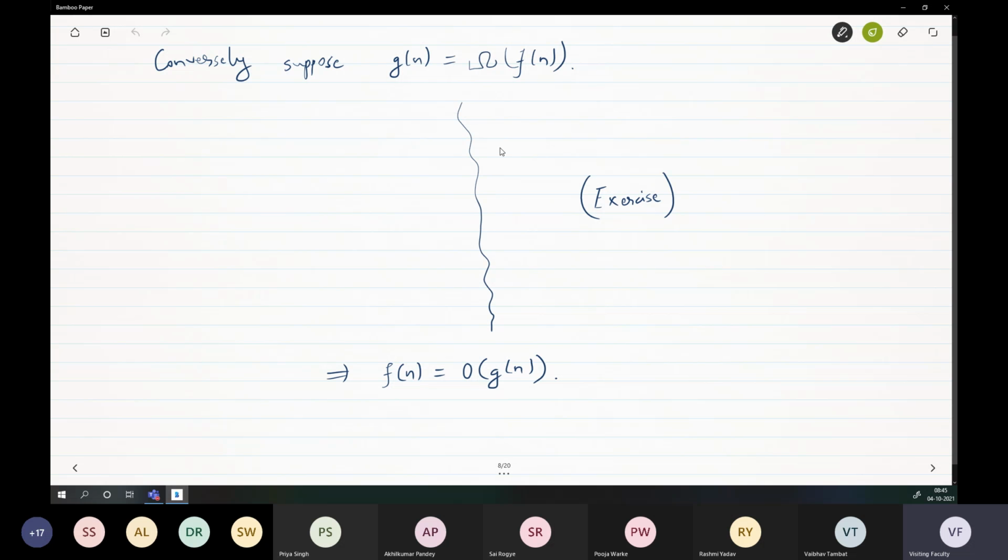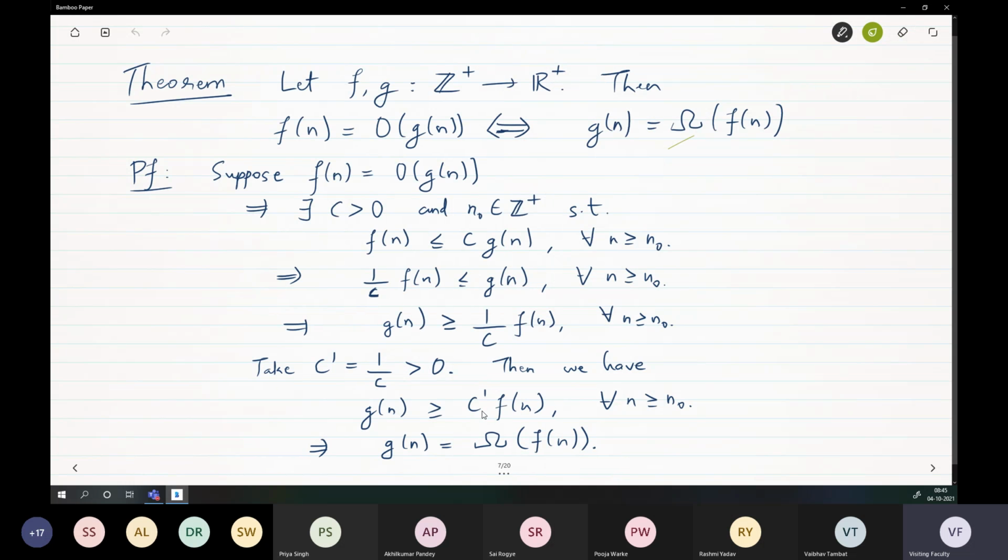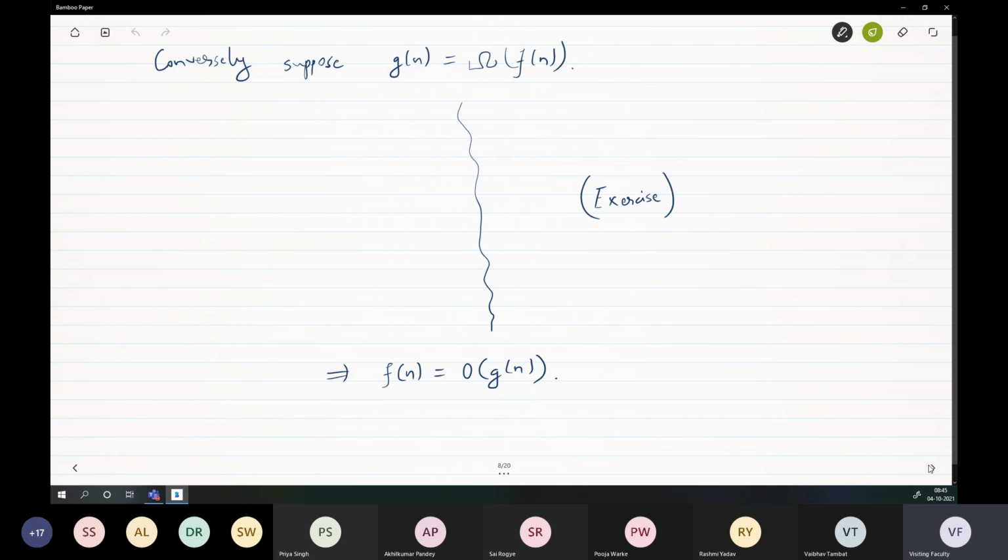The converse is also actually very, very easy. It's the same thing in reverse, right? If you start with c here, you go back, and you get c prime here. That's what this is. There's nothing more than that. Just practice writing it. So the converse is also very easy.